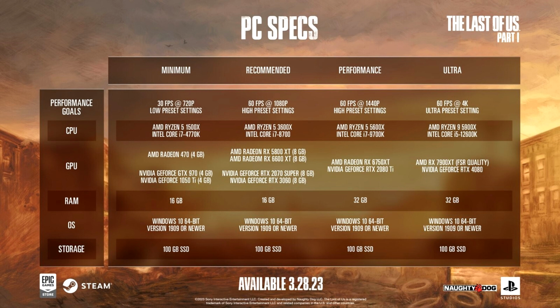Next up are the developers' recommended requirements, meant for 1080p at 60Hz gaming. This needs a Ryzen 5 3600X or Core i7-8700 processor, a GeForce RTX 2070 Super Turing or GeForce RTX 3060, or AMD Radeon RX 5700 XT RDNA, or Radeon RX 6600 XT RDNA 2 graphics card, along with 16GB of